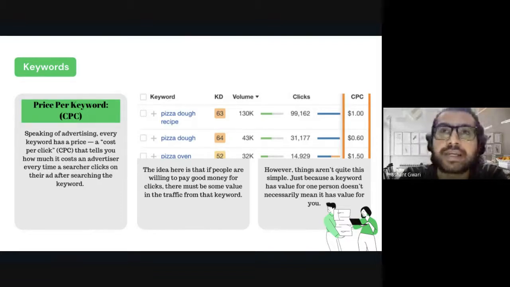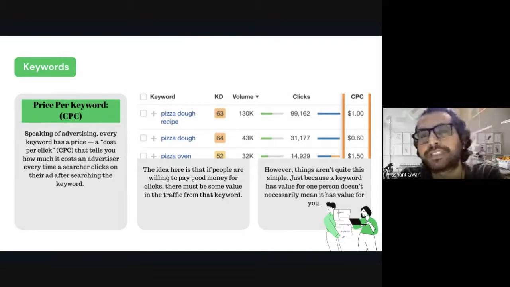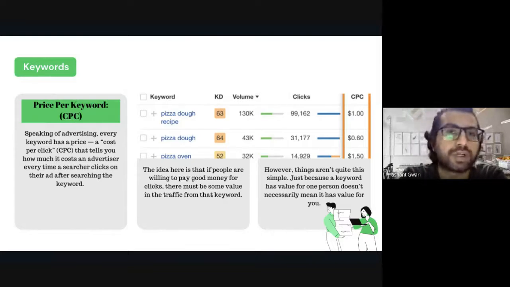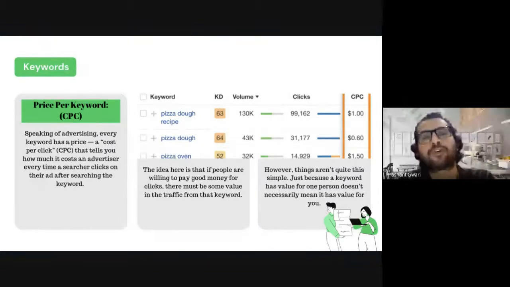Same thing I will say again. The keyword digital marketing has value for bloggers and article writers or digital entrepreneurs, because they are writing blogs. They need website traffic. So this keyword is valuable for those people, not for me. I am a digital marketing institute. For me, the value is in buy digital marketing courses or how can I learn digital marketing, because I don't need website traffic. I need students for the course. So for one business it can be important, for another business it can't. So you have to pick the right keyword for your business, and CPC can help you with that.